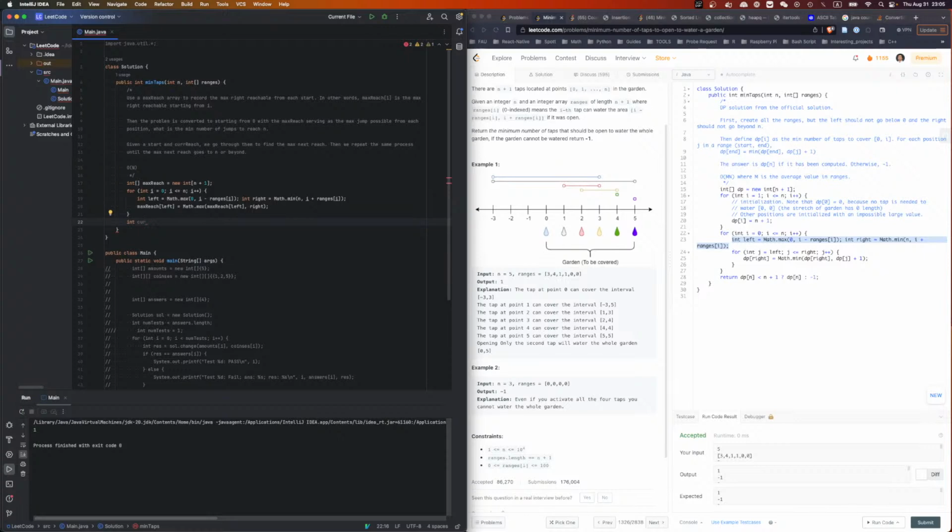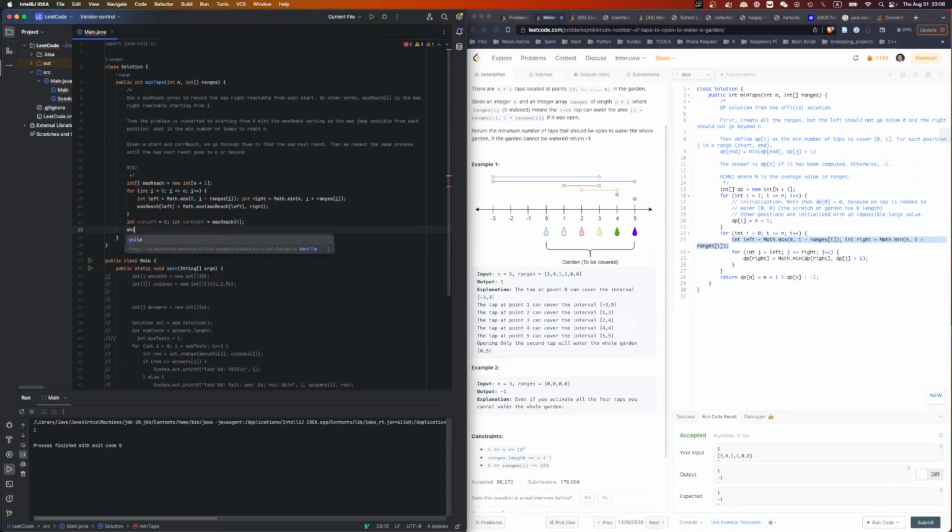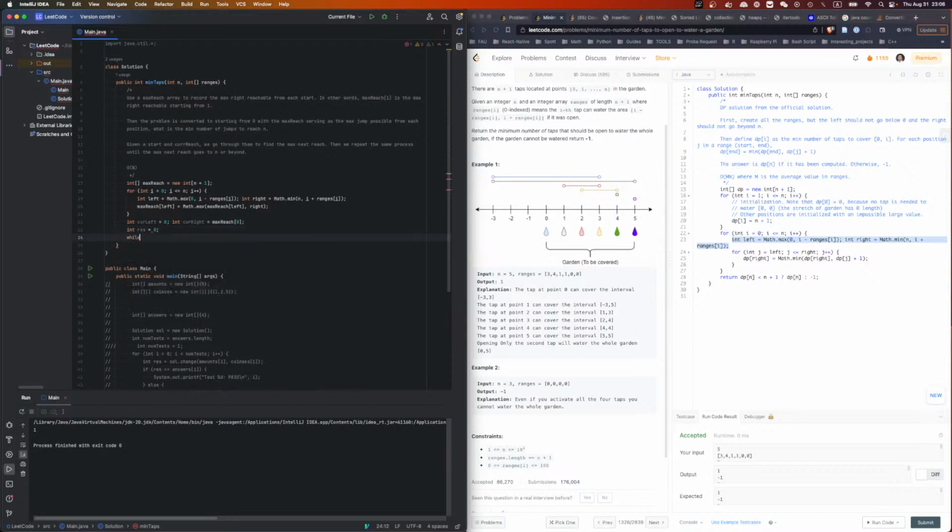Current reach, current left, current right. Okay, current left is 0 and current right is max reach 0. Perfect. And we say int res equal to 0. Then we say while current right is smaller than